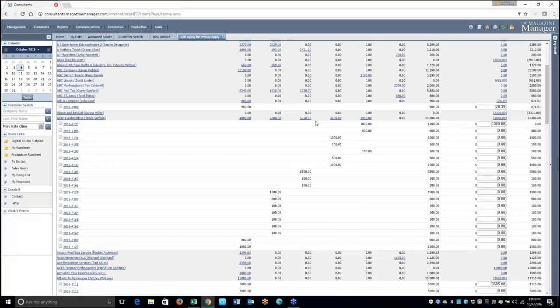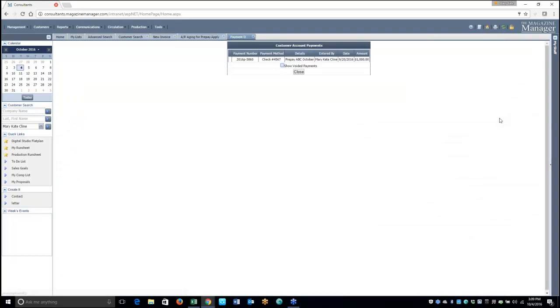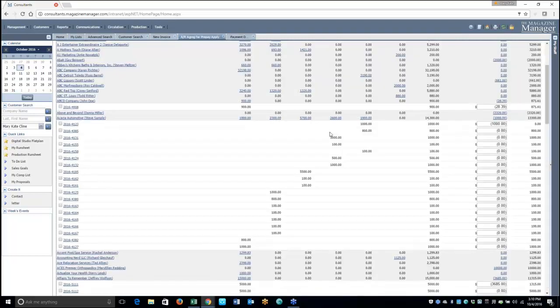For example, Acacia Automotive has $1,000. I'm going to click this link to look at the prepaid detail, and I can see they're prepaying their October issue. So what I'm going to do is apply it to the October invoice. This is the current invoice down at the bottom that I've just created. I'm going to zero out the application to this oldest invoice, and I'm going to enter